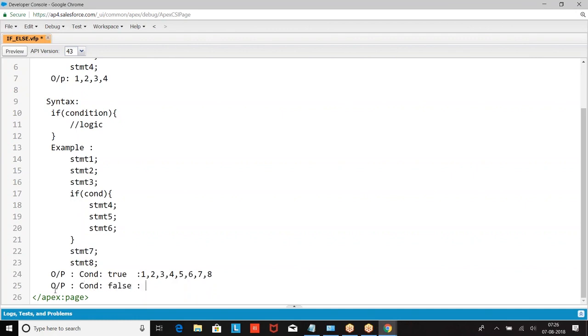If the condition is false, 1, 2, 3, and the scope of if will not be running, so what happens is 7, 8. We are not worried about what logic we are writing or which conditions you are writing. We are only interested in what will execute and what will not execute. If the condition is true, these statements will execute, else they will not. Right, boss? I hope you are clear. Now, let us look at the examples.